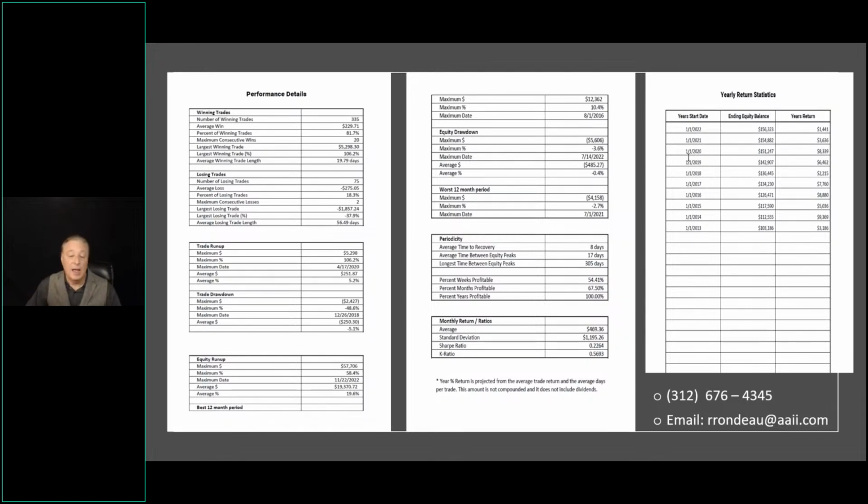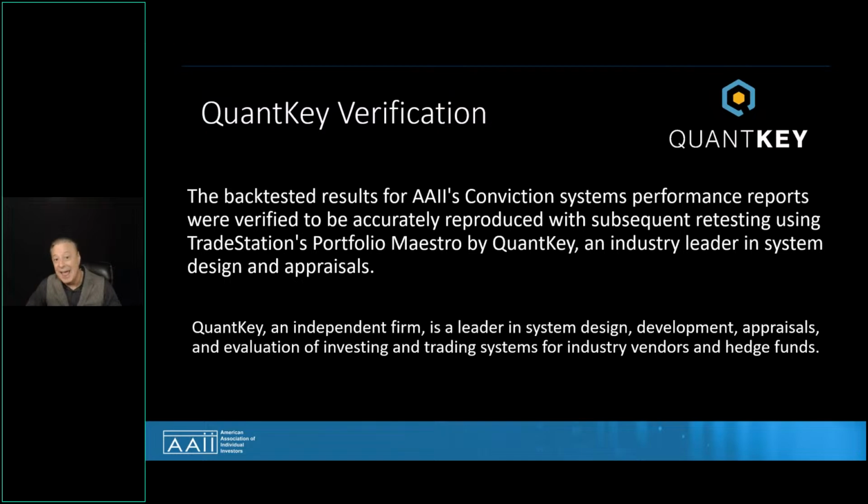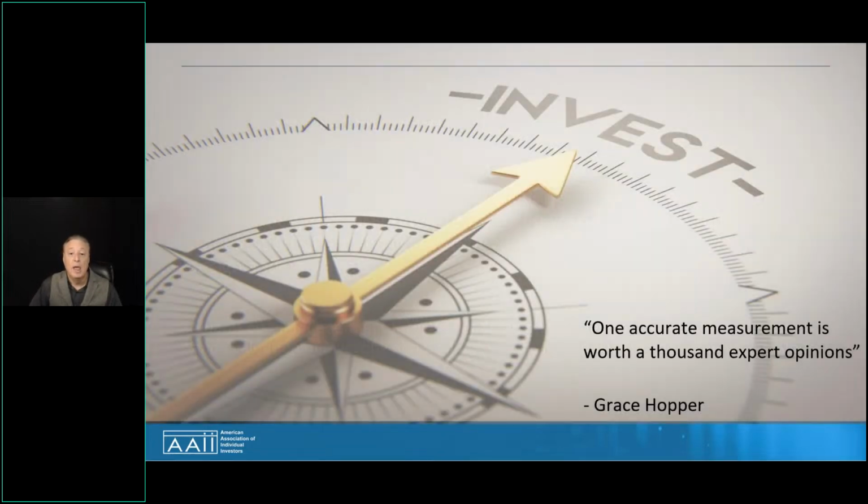Metastock has archived webinars on this system in the entire conviction series. You can get them by contacting me or I'm sure Jeff. We have instruction manuals and full performance reports showing the system parameters, hit ratios, projected returns, transaction, entry and exit efficiencies, drawdowns in every single trade, literally over hundreds of pages. And again, you can get these either from Jeff or myself. And yes, we had all three of our technical-based system performance reports and results certified by an independent third-party company called QuantKey.